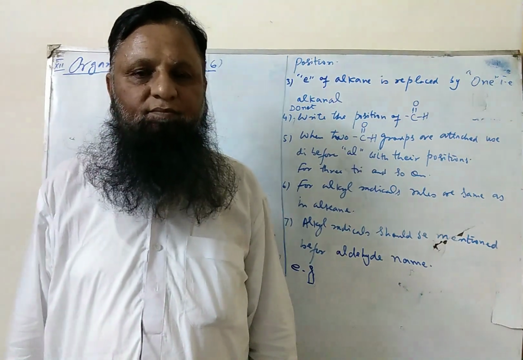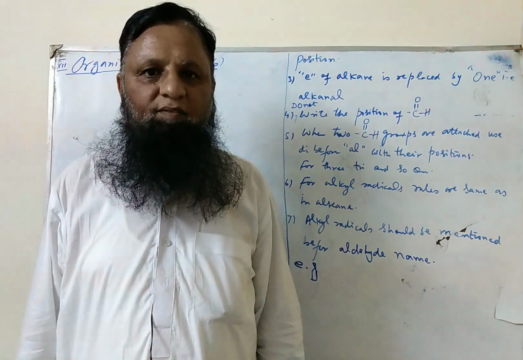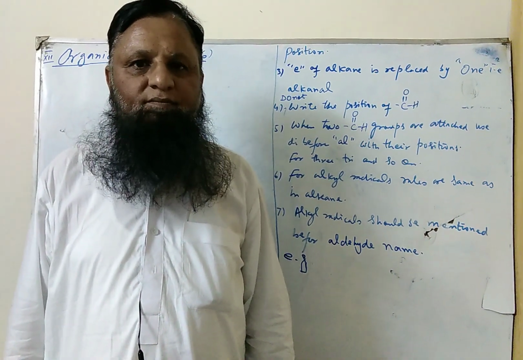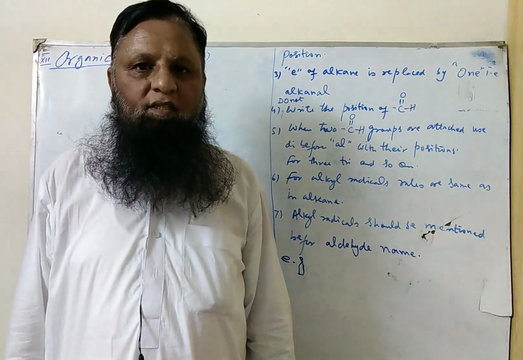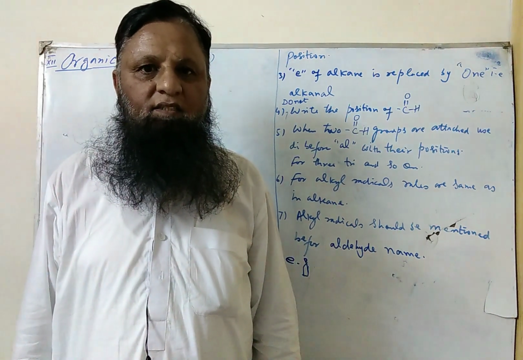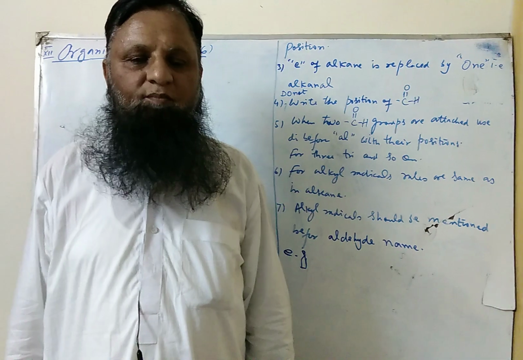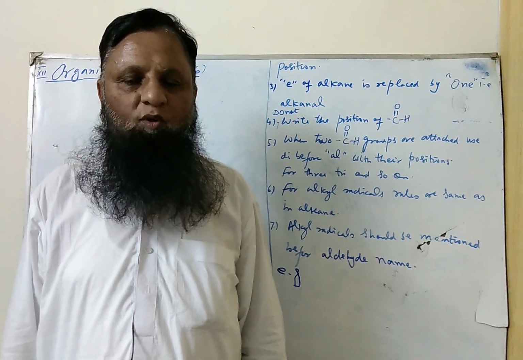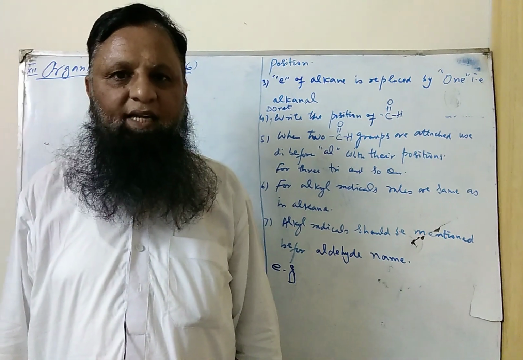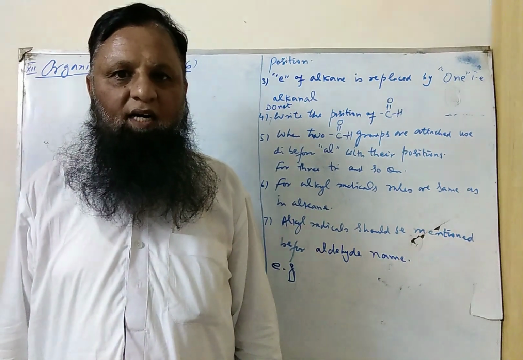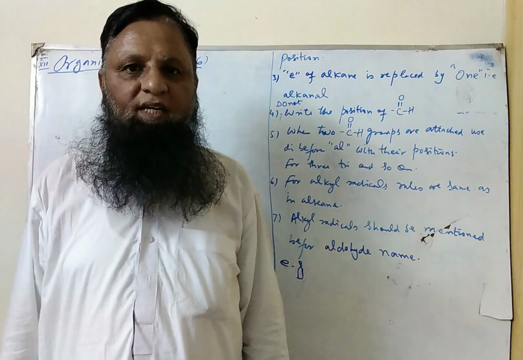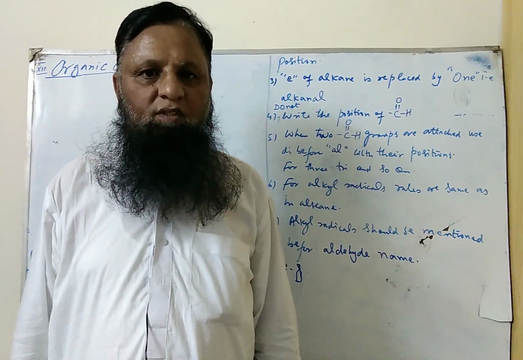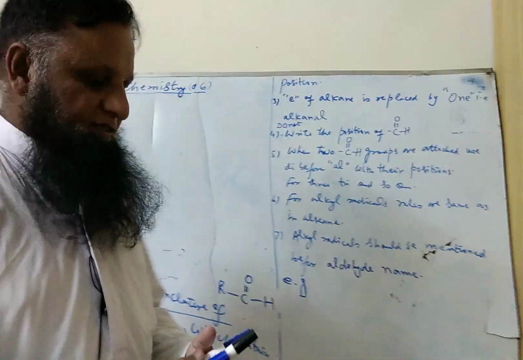Bismillah Rahman Rahim. Dear student, today we will start the aldehyde group. Basically, ketone and aldehyde belong to the same family but with a difference. Ketone has an R group on both sides, whereas in aldehyde, there is one R along with one hydrogen on the CO. So there are certain rules to explain the nomenclature.